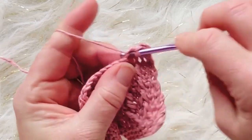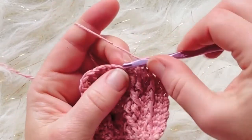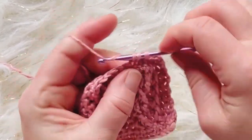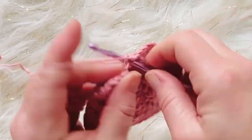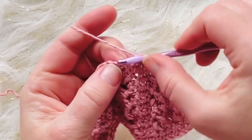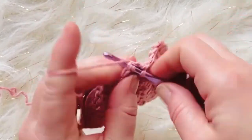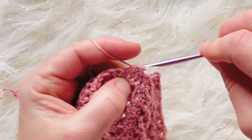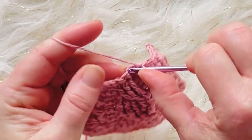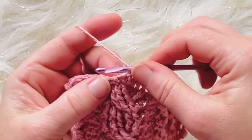2, 3, 4, 5, 6 total. After that, you single crochet into the next stitch, and then we work a single crochet 2 together